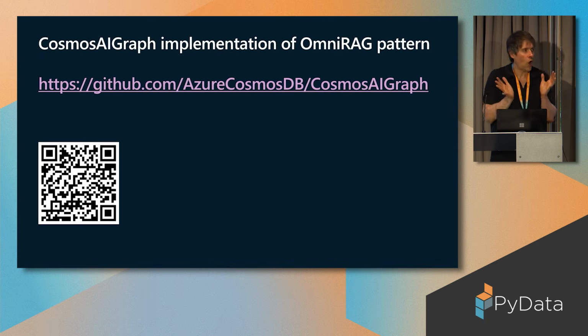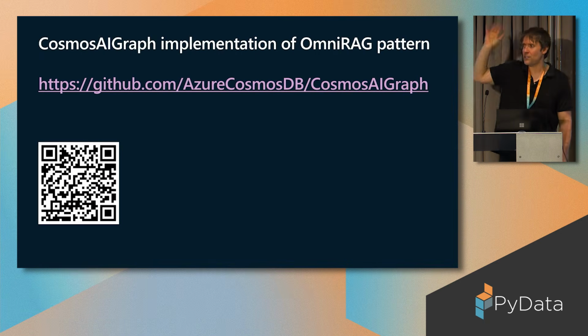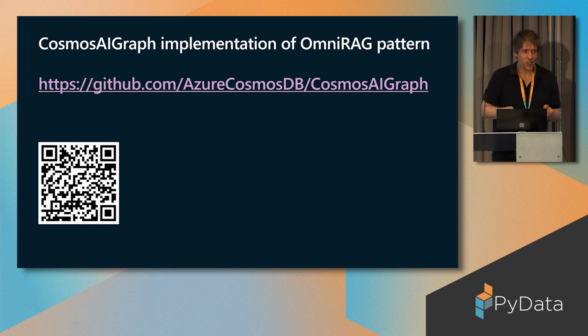So there's something that we call the OmniRag pattern. I don't know how many have heard of this OmniRag pattern approach. This is the way, based on user intent, you might route to different types of store, not just different types of queries. Text search, hybrid search, semantic re-ranking, vector search are all different types of query, but you might route to a different type of store that structures the data differently, and those queries will have different benefits in different scenarios. So that's very advanced. I'm not saying that a majority of cases would fit that, but we have a reference architecture. It's not a product. It's a reference architecture that happens to use Cosmos DB, and it's pretty interesting to look into.